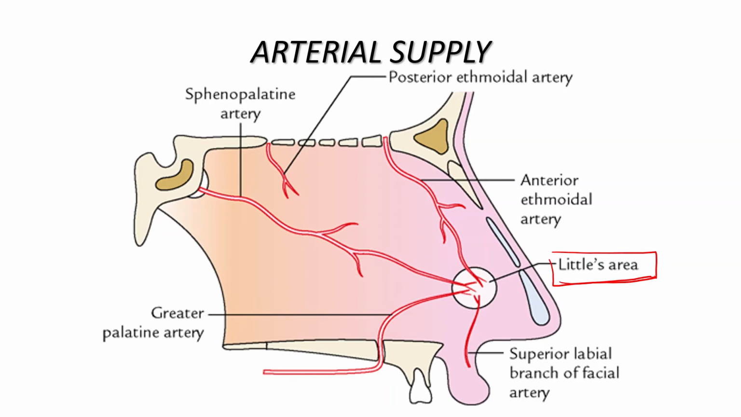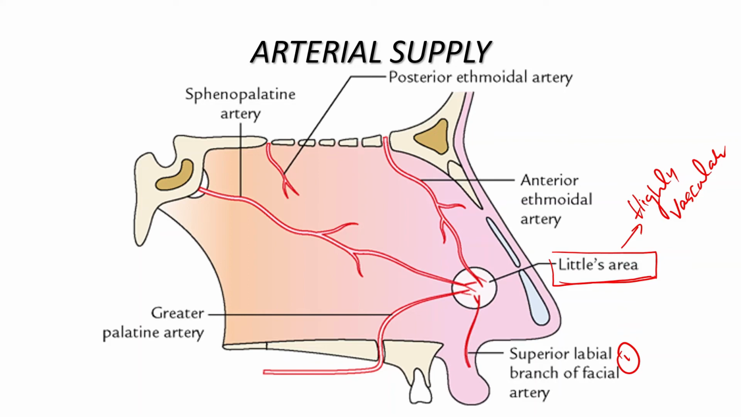This is the area seen along the antero-inferior part of the nasal septum. This area is highly vascular. In this area there is the anastomosis of the arteries, that is, the anastomosis of the septal branch of the facial artery with the branches of that,